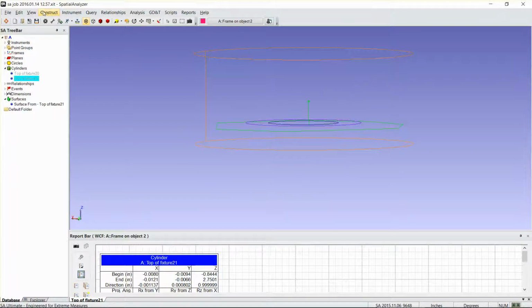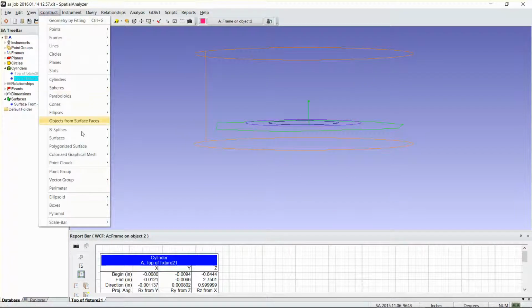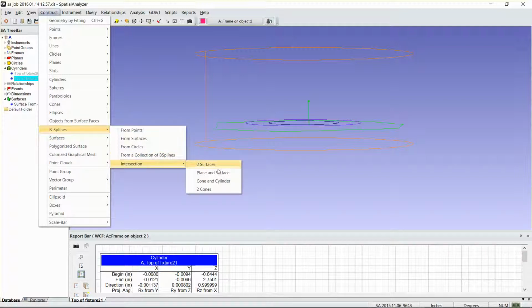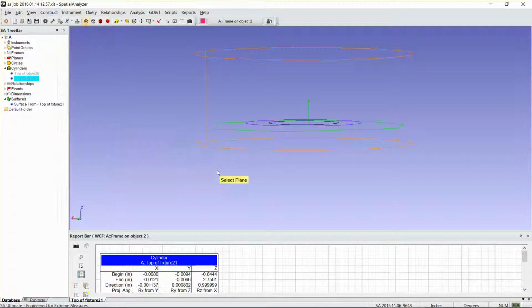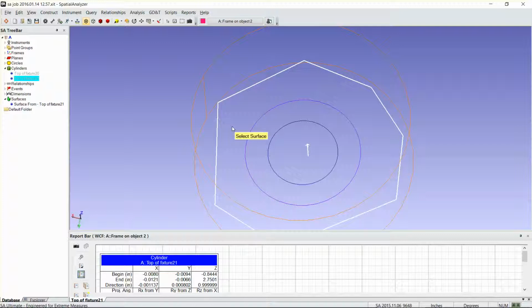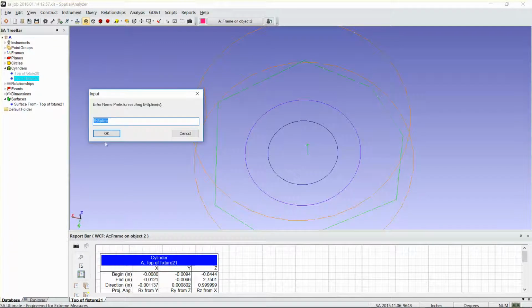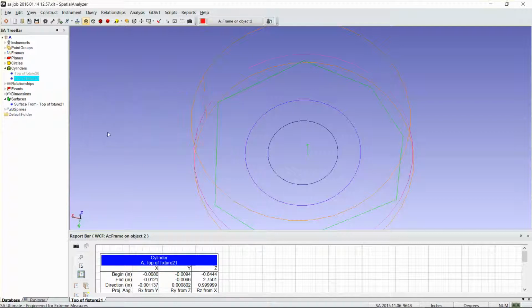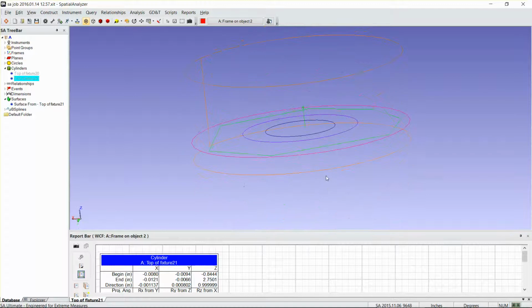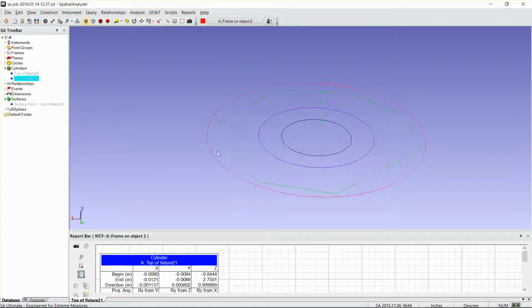So the next thing I'm going to do is use a command called construct B spline intersection plane and surface. So I'll select the plane and then select the surface. Now I can name the B spline here, we'll just leave it at that, and the tolerance for the intersection, I'm going to leave it at 1/10 as well. And you can see that it created this pink shaded B spline there. So if I hide that surface, then I've got the B spline, which is the projected intersection between the cylinder